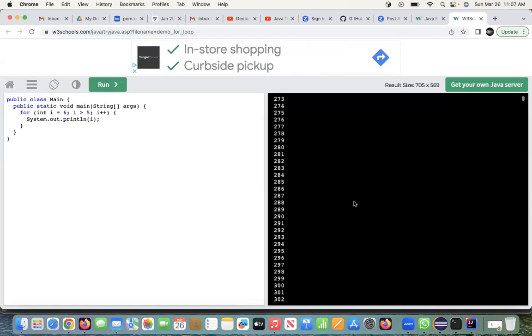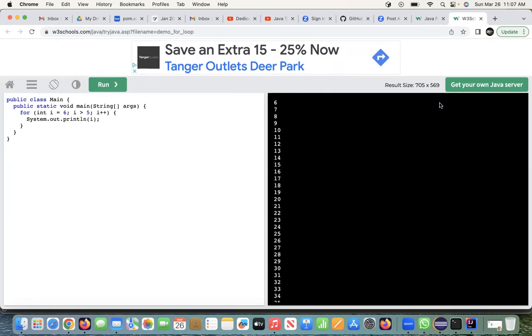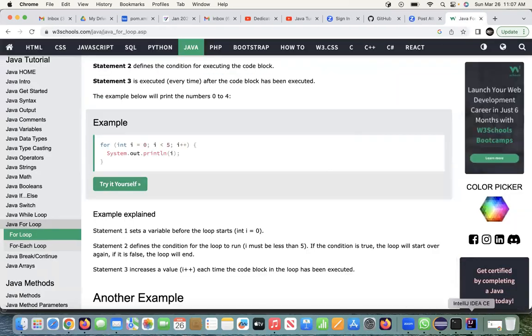It will never stop. That means you say display all the numbers infinitely starting from 6. So you have to forcefully stop this. It will never stop. If you give a similar thing here,